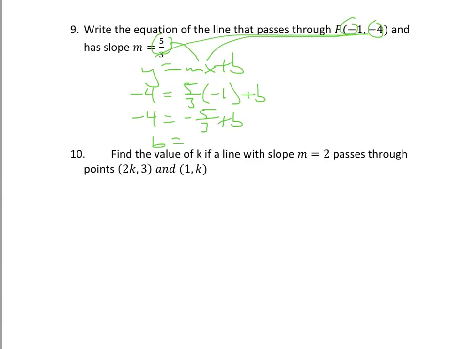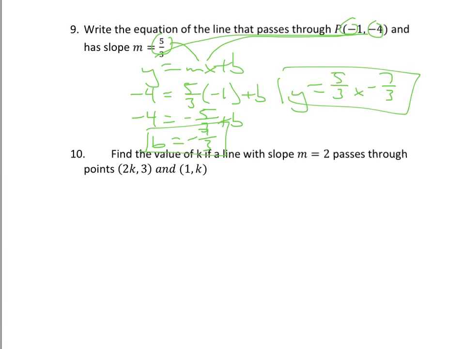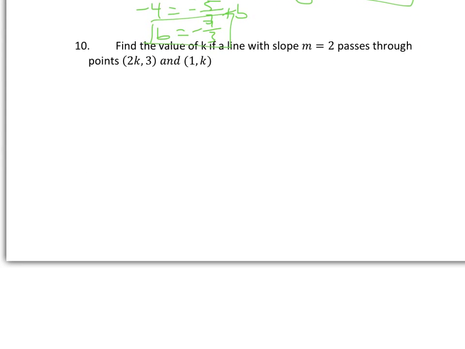Well, negative 4 is a common denominator. It's going to be negative 12/3 plus 5/3 is negative 7/3. Okay, so negative 7/3 is my b. So the equation is y equals 5/3 x minus 7/3. Bam. Last problem. Find the value of k in a line that has a slope of 2, passes through points